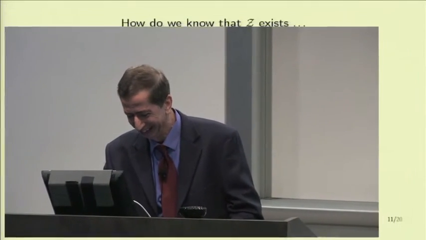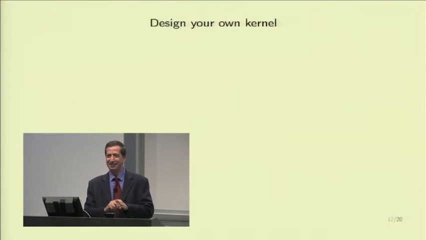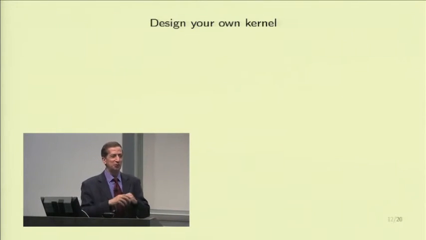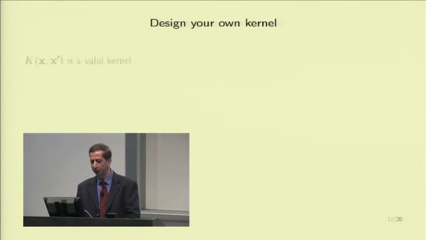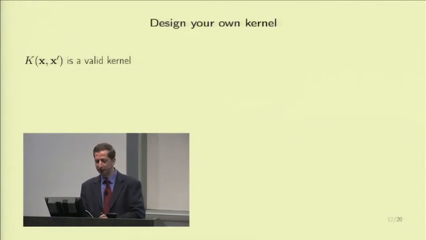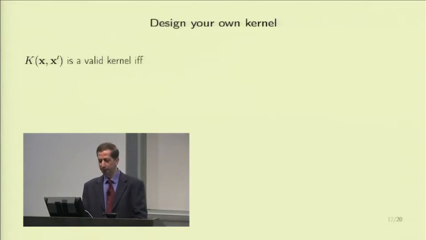So let's go for the mathematical route, if you actually care, rather than who cares. So if you design your own kernel and you want to see what happens, here is the condition. The following statement holds: the kernel that you wrote down is a valid kernel, that is, the z space that you're talking about actually exists, if and only if